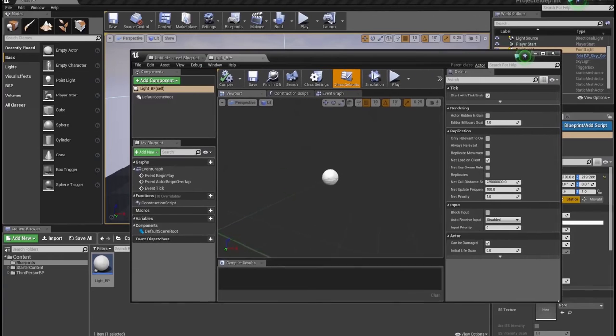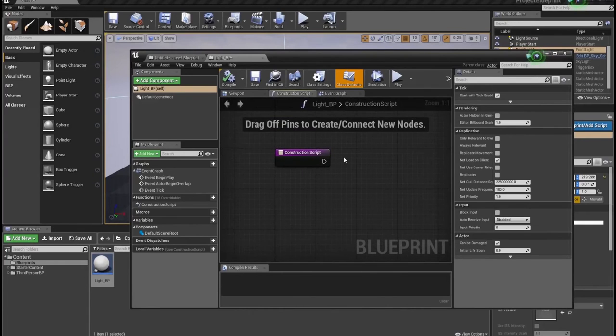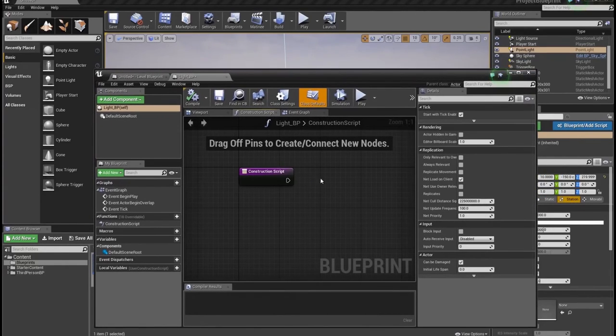So let me go ahead and pop this back up just a little bit. The next tab over from the viewport is the construction script, which we're going to work with a little bit later in this video series, probably towards the end. So I won't go too in depth into it here, but what it allows you to do is set up some variables or things that you want to define inside the editor